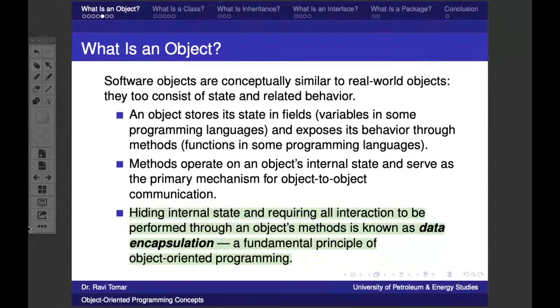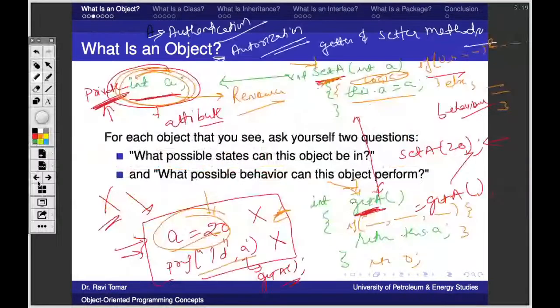So again, this is the thing. Hiding internal state, we are making it private. We'll understand how to hide this later, but for now, you can imagine we write private before any variable, and it is hidden from the outside world. So no one can access it directly. We are hiding it, and it is only exposed through these two methods. If you want this value, you have to authenticate, authorize yourself.